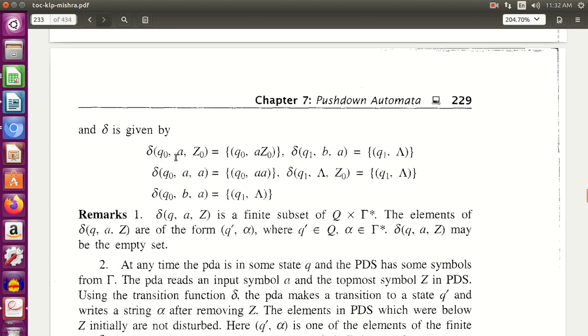So I am in state q0, I am getting a and my stack is empty. What is the change in transition? I remain in state q0. I push this input symbol a inside the stack. The action that is performed is my input symbol a is pushed inside the stack, and now the content of my stack is Z0 and then I have a.